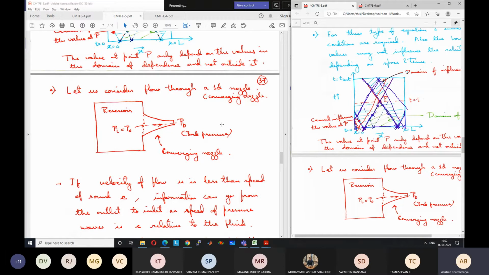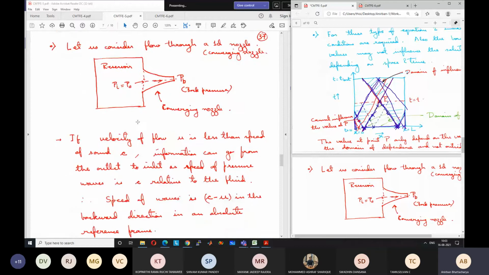Previously the speed of the fluid was less, so the information could travel in the other direction at a speed c minus whatever the fluid speed is, but now it cannot travel at all because here the speed is the speed of sound. So any information that some change is occurring here cannot travel at all in the other direction. So no information can travel inside the nozzle, so no speed can increase further. That's why it is called choked condition, that we have reached a condition where no change can happen any further. Okay, it's very interesting to know.